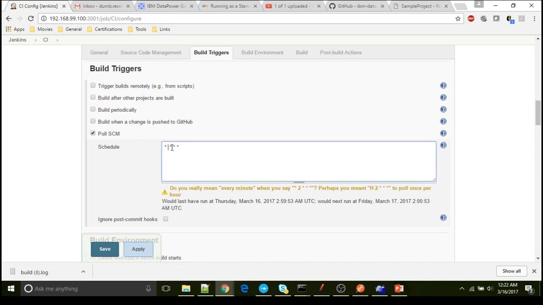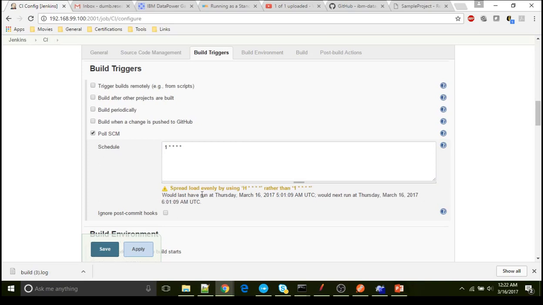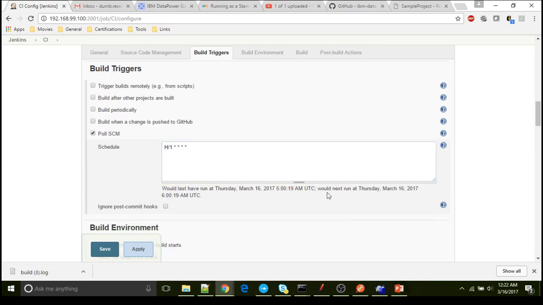It also says, spread load evenly by using H. It shows the last run and the next one scheduled at 6 o'clock, which means that runs every 1 hour.